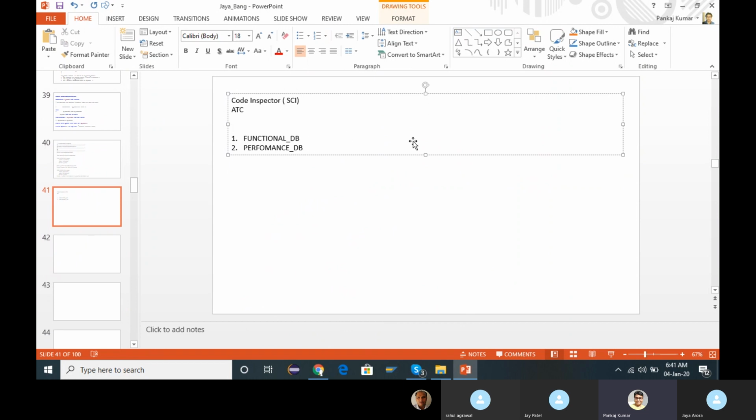The below variants will be used as check variants to check if the code is compatible with the HANA environment or not. We will see this in detail today.